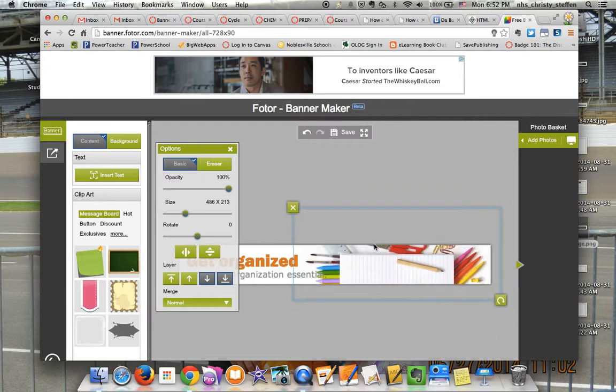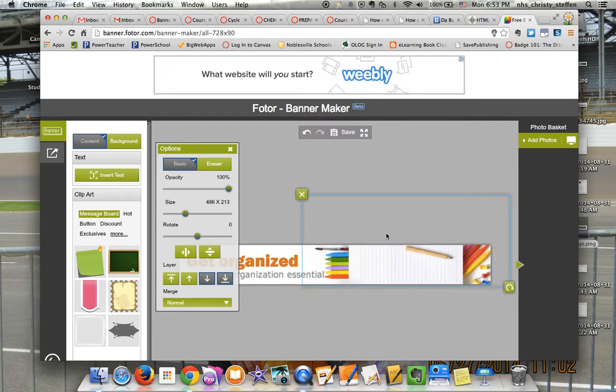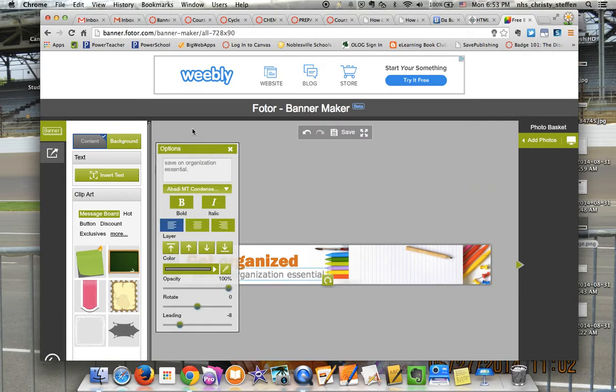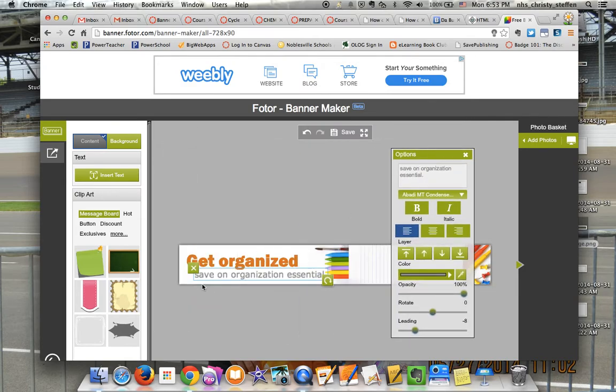This one is just one image, and you see how I can move it around. I could actually take it out and put in my own image if I wanted to do that, but I'm going to leave that one there for now. And then I'm going to come over here, and you see how it just puts a box around this little part of the text. So I can change that text over here in the edit box,